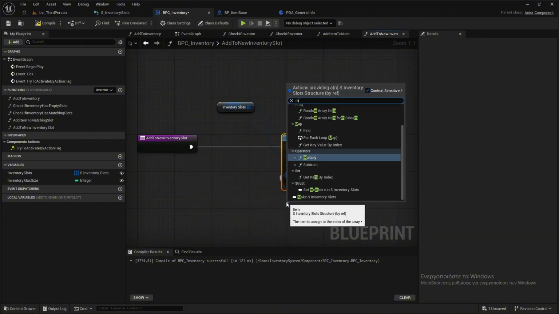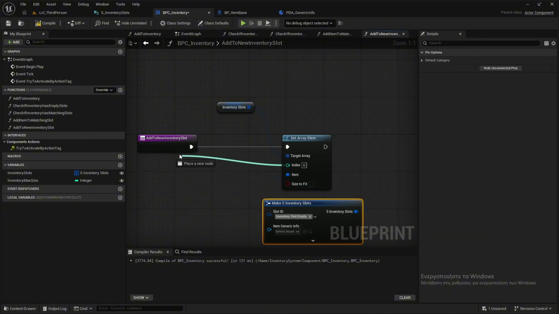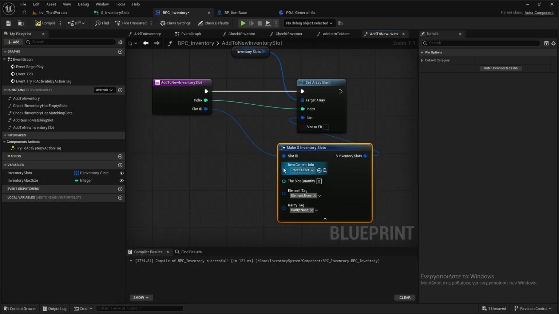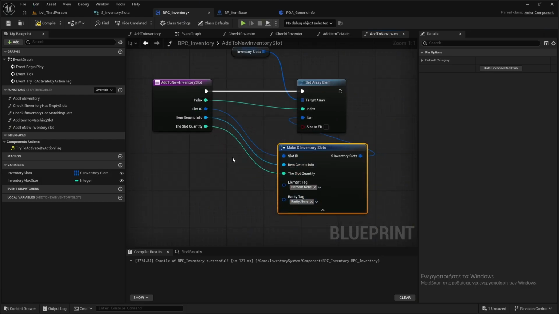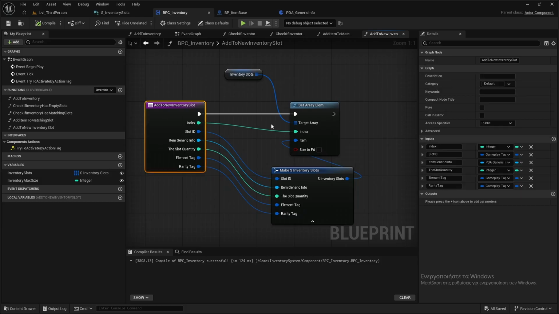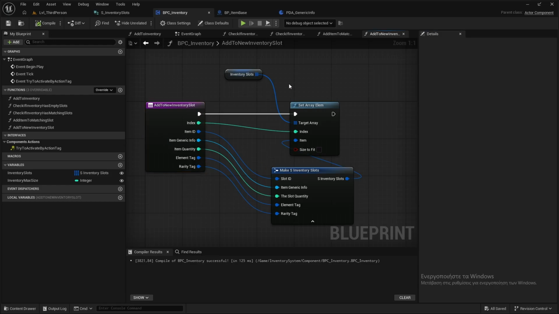I can make the index goes there, slot ID, item generic info, slot quantity, compile and save. I will do not slot ID but item ID, and slot quantity, item quantity. Okay,